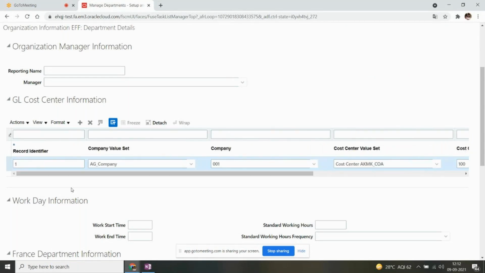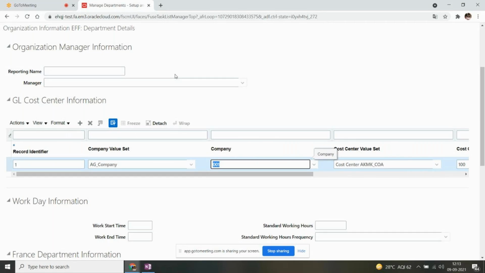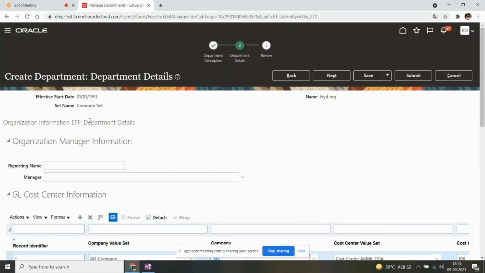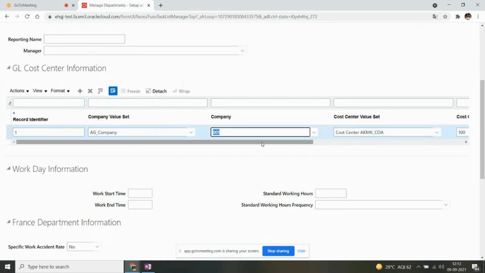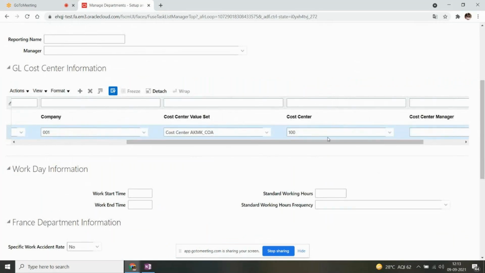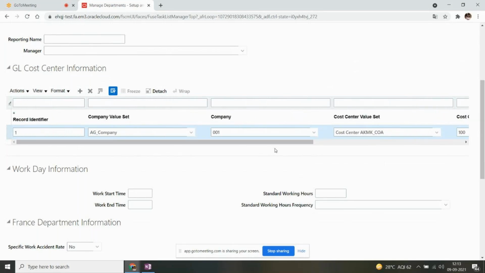This information will be useful while deriving accounting information within the SLA. We can directly pull the company segment value and the cost center segment value from the department we have created. If they don't mention anything here, and most of the times they won't, then we cannot derive the company and cost center segment values from the department.